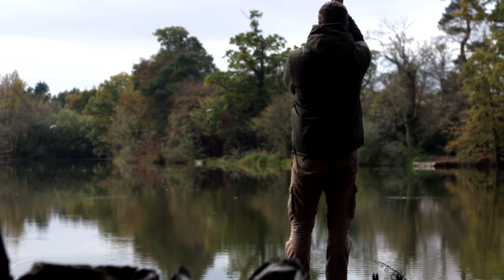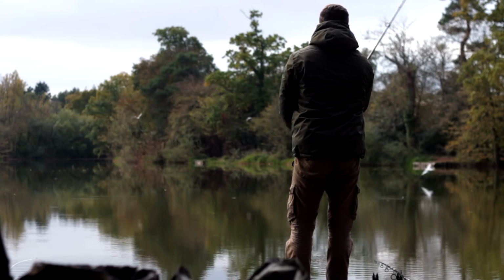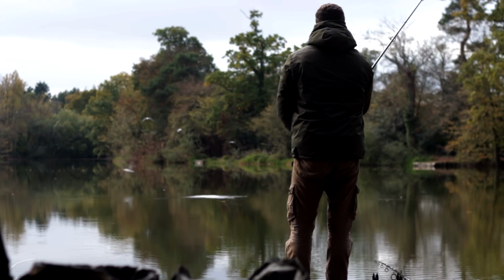I forgot to mention the spots I'm fishing today. I've literally got them about 30 yards from the bank, out into open water. As I said, I'm on the end of the lake by the bailiff's hut and the toilet just behind me,